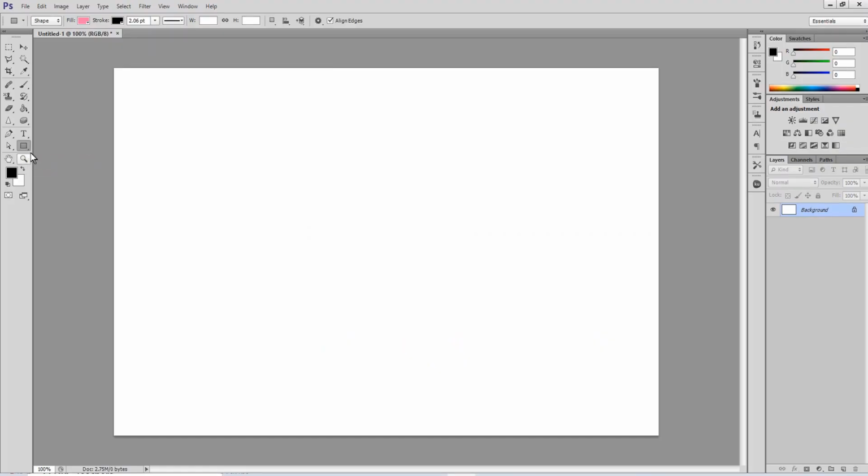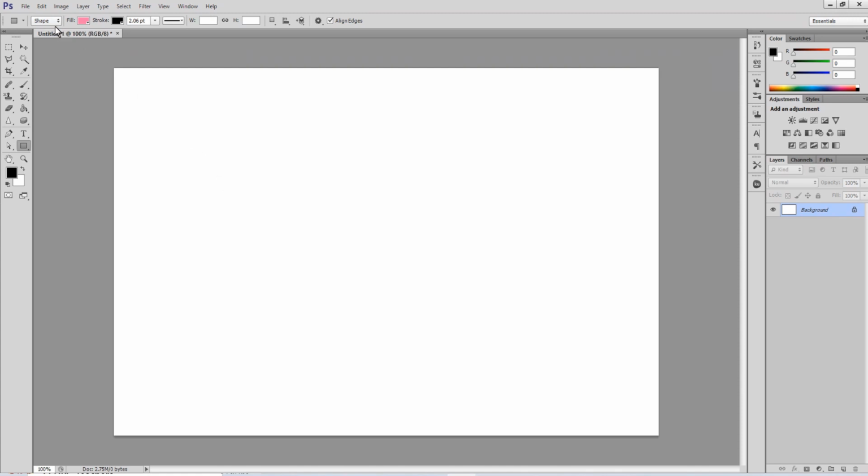Click on the down arrow of the Shapes tool in the Tools palette. You will find there are many tools available like Rectangle tool, Rounded Rectangle tool, Ellipse tool, Polygon tool, Line tool and Custom Shapes tool. You can choose any shape that you want to draw. Suppose I'm taking the Rectangle tool. The Shapes tool is very simple to use, as we use in MS Paint or any other application.